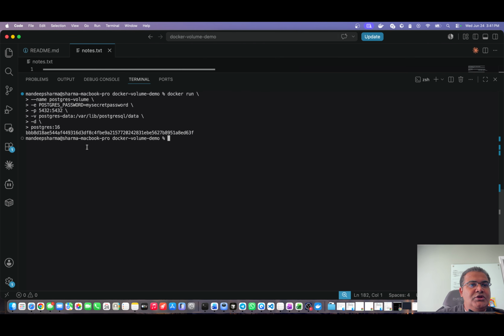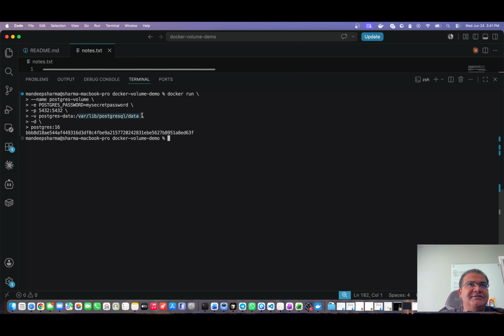The format is the volume name, colon, the container path. The left side, postgres-data, is the Docker volume we just created. The right side